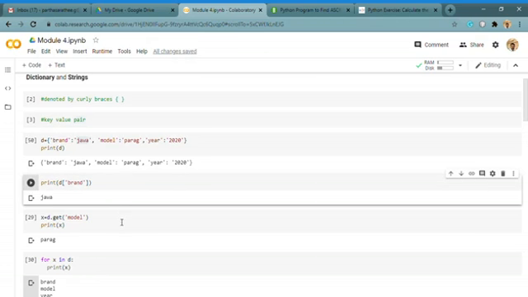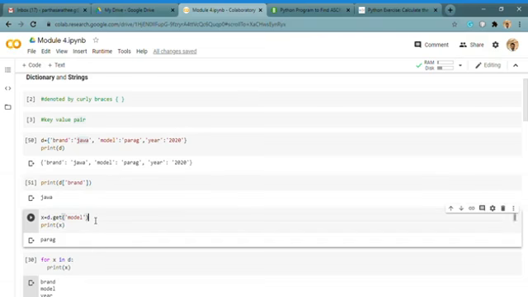The other way to access the values in your dictionary is using the get method. Here I have a dictionary D, and D.get of model gives us Parag. That Parag is stored in X. If you print X, you will get the value for the key model. So now we can understand what is a key and what is a value. We store the values, and if you want to access the values, you can access them only through keys.